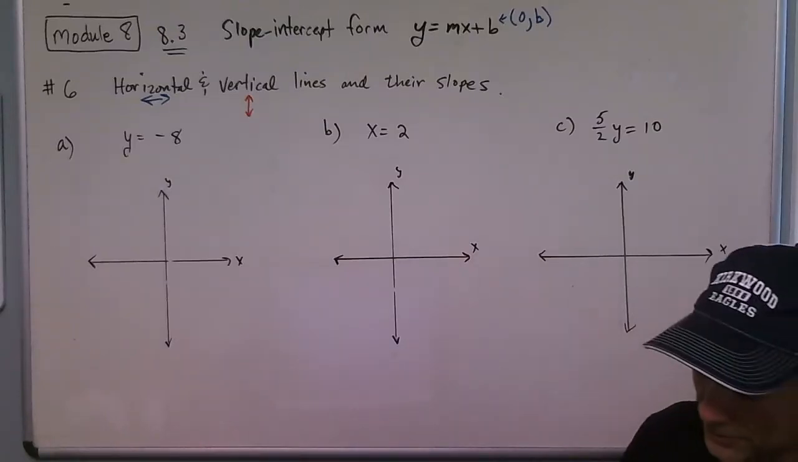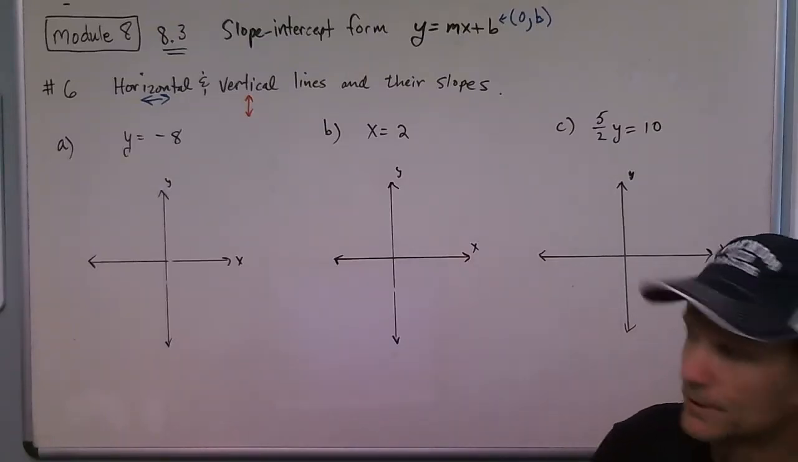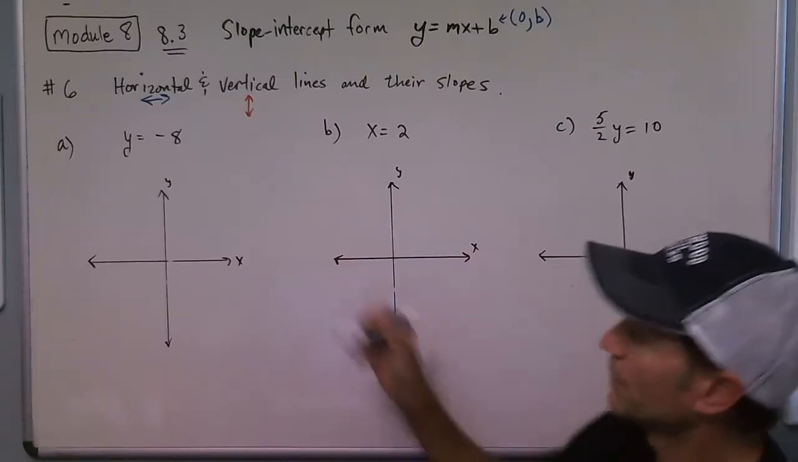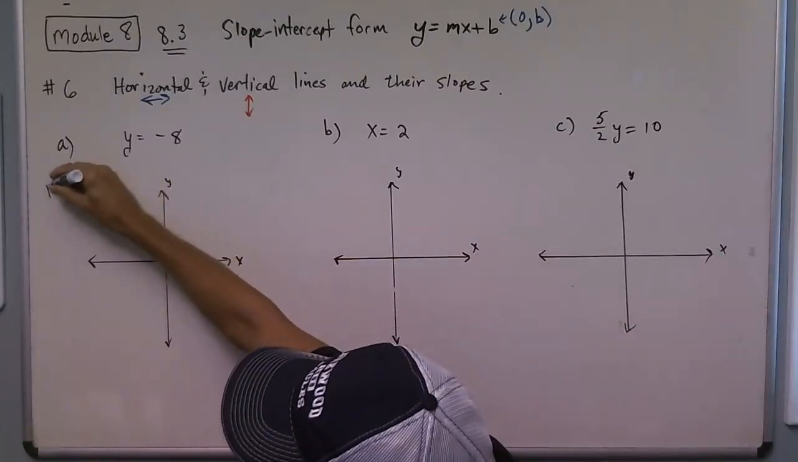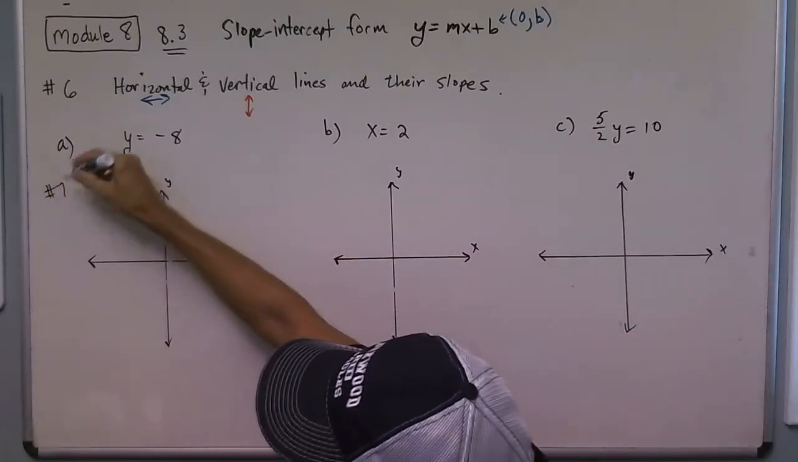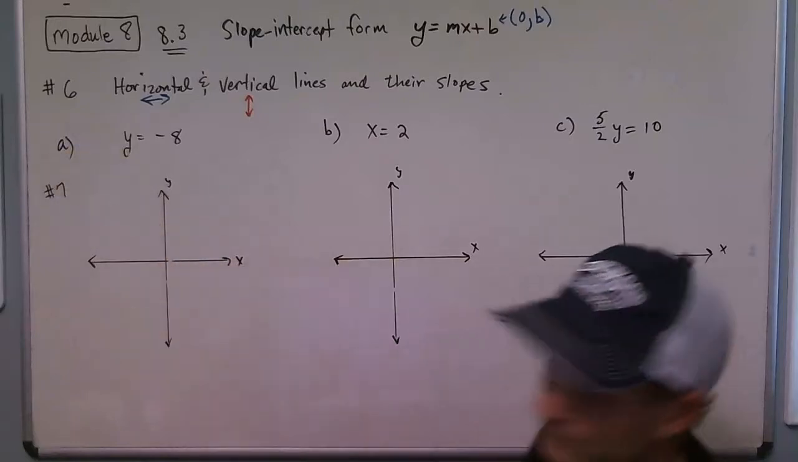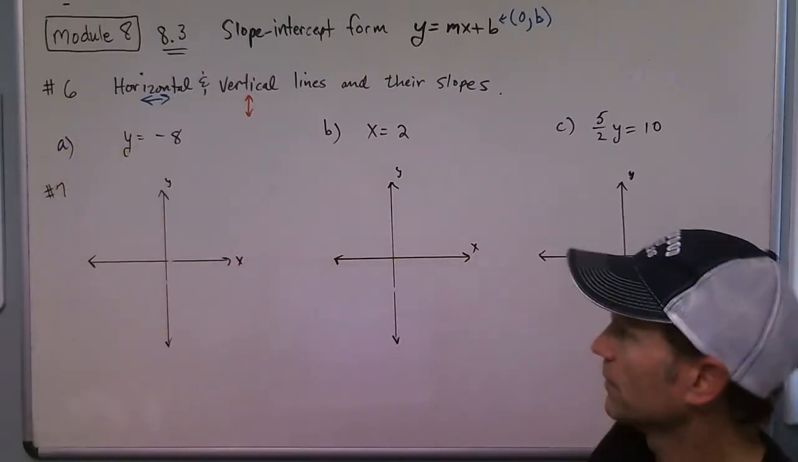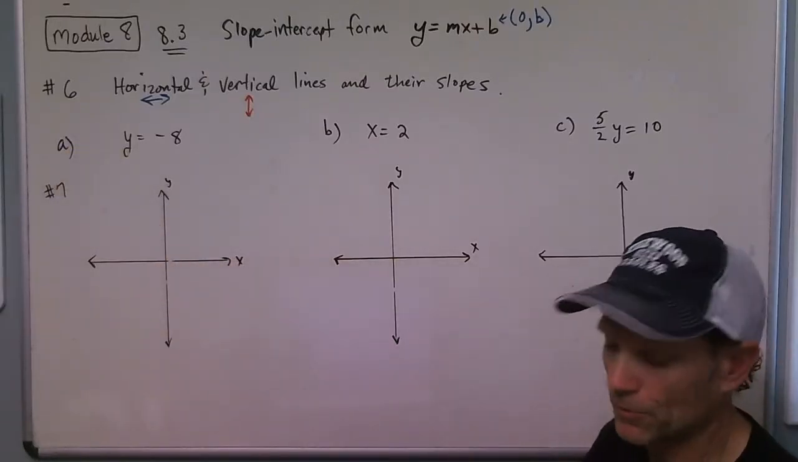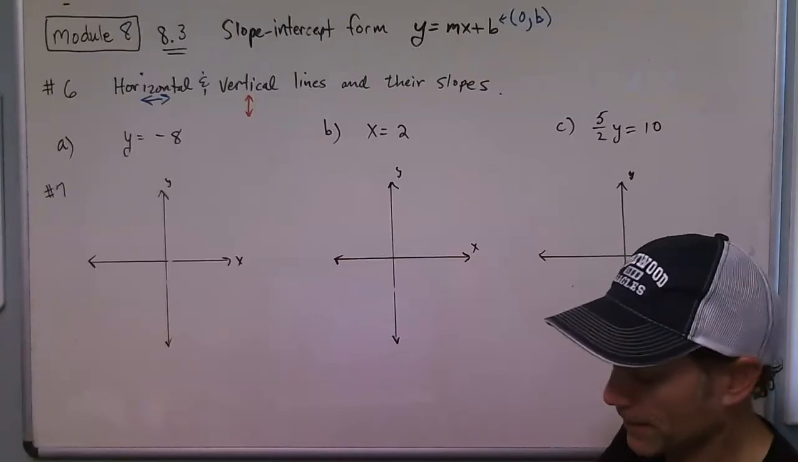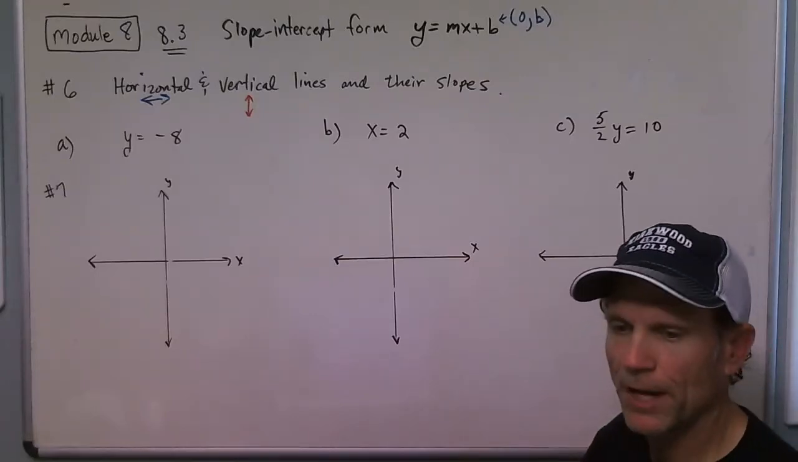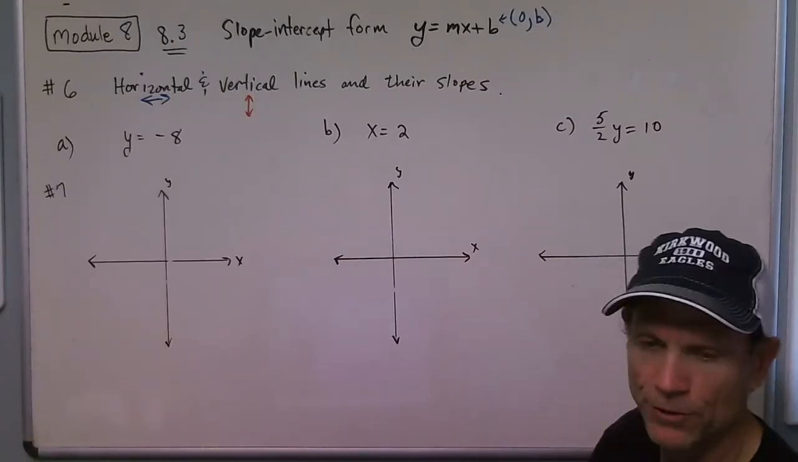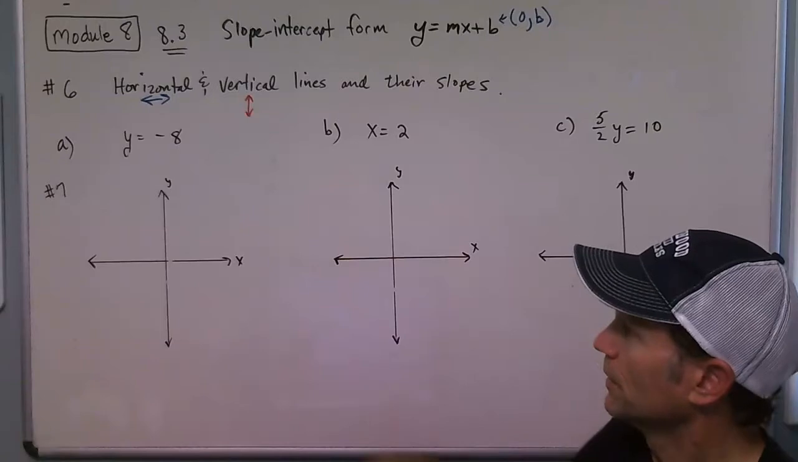Looking at number 6 and I guess number 7 in the note packet. Number 7 is the graphing part, and number 6 asks us to identify whether it's a horizontal or vertical line and what the slope of the line is. So, with a little practice and a little studying, and we've already talked about this a little bit, we should